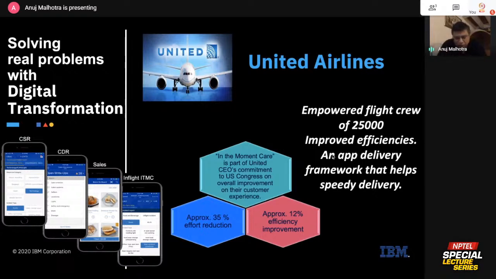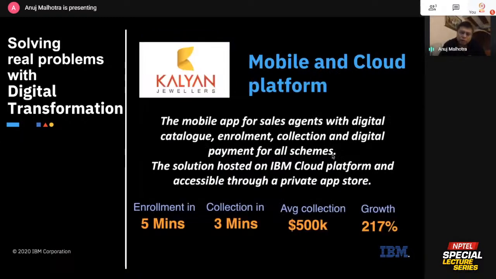It's interesting. We did a lot of applications for this airline. We would take it as above the wing and below the wing. Above the wing was all about sales and customer experience. Below the wing was all cargo and handling of cargo and a lot of stuff. Again, a lot of application of digital technology to make a difference in the way the processes are handled today, or the difference it makes to the customers, right? Let's move on from there to a different case.